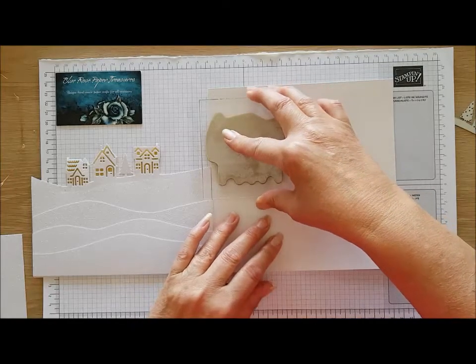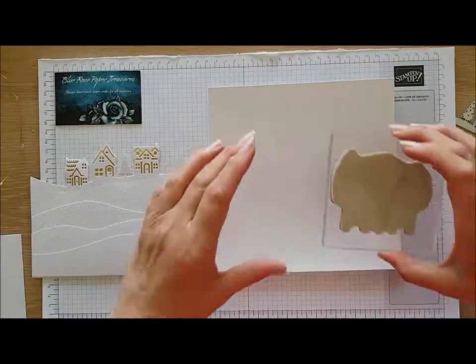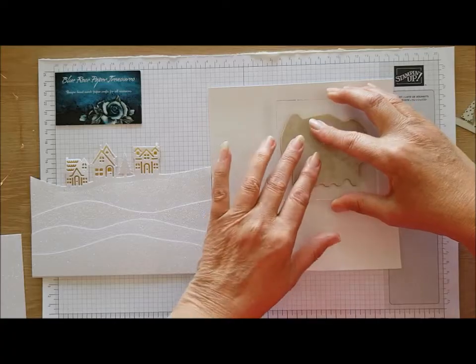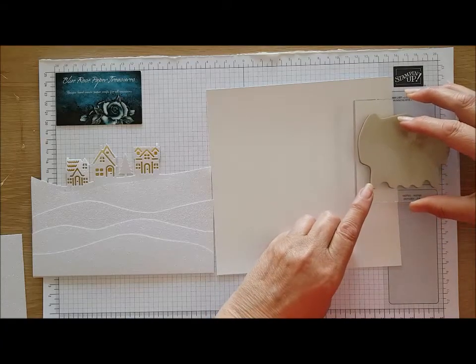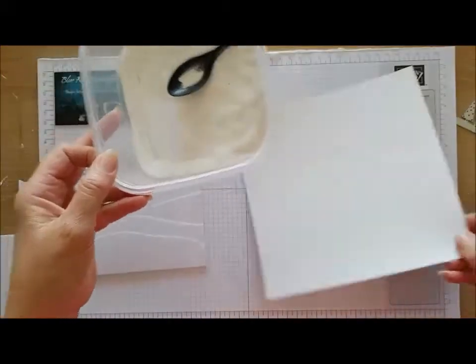Just down, not too hard. And it is a bit hard to see the next lot, so you've got to have the right light. And again, and just some more on the end. And then just